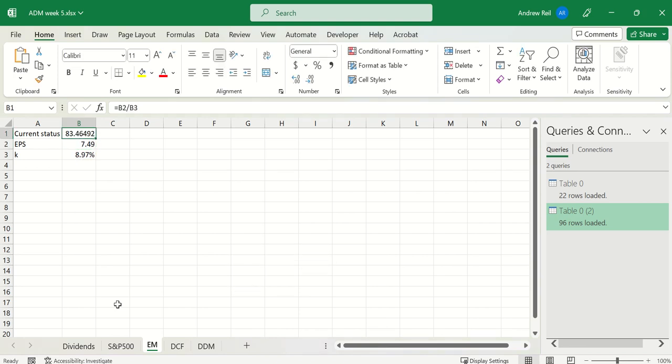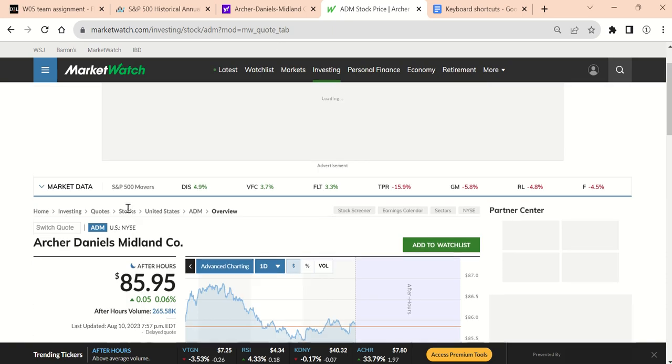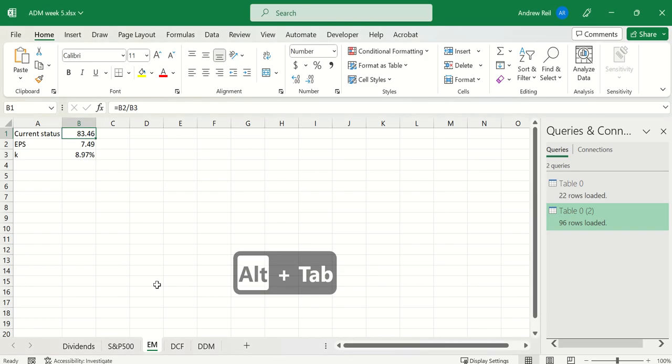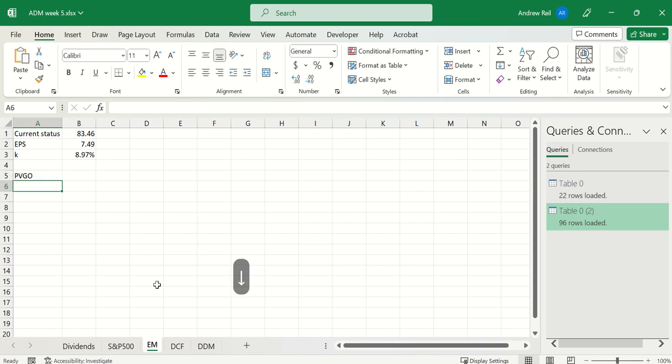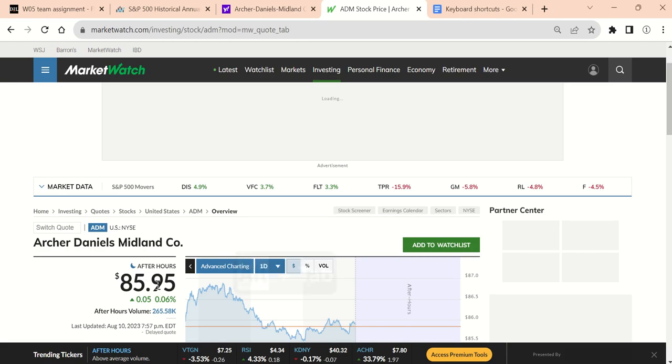And I'm going to Control Shift 1 it. And look, that number, 83.46. If you look at MarketWatch, go up, it's 85.95. Very close with that. But now the PVGO, present value of the growth opportunities, that formula is